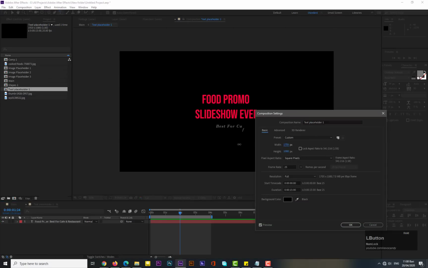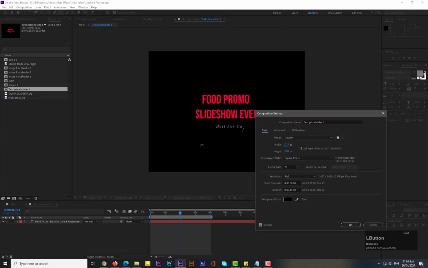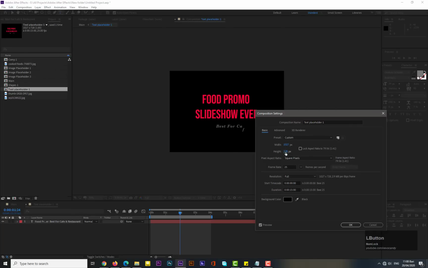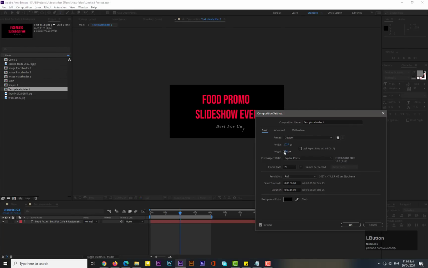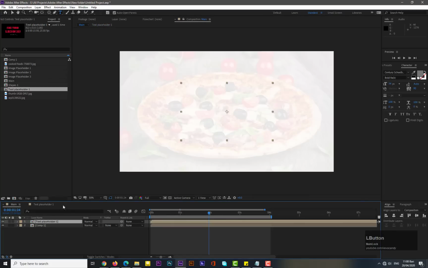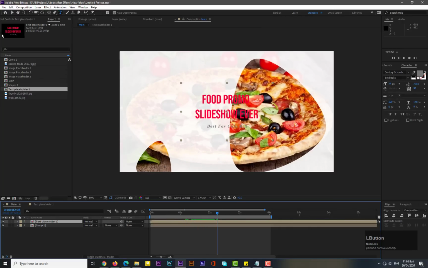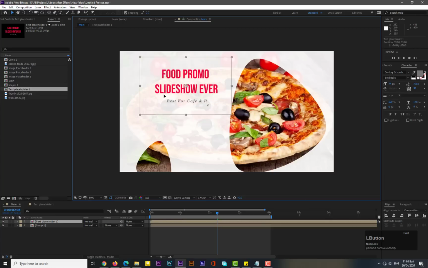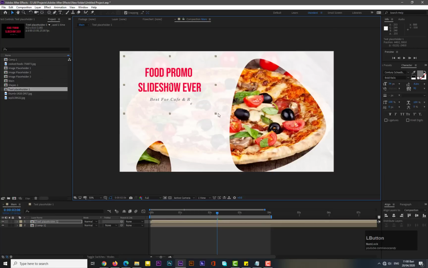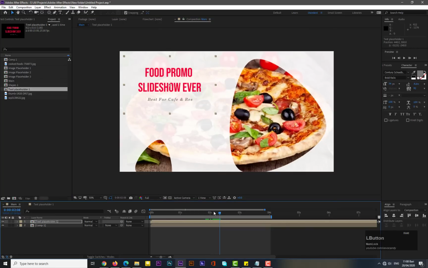Decrease its width and height too, like this. Hit OK. Go back to the main composition, and now we need to set its position like here, and